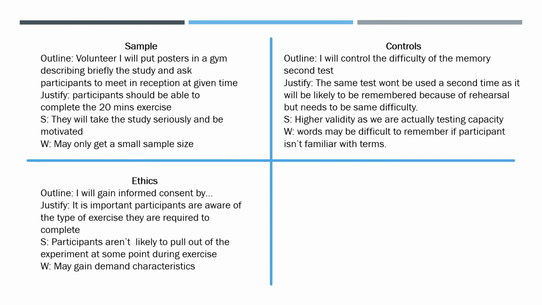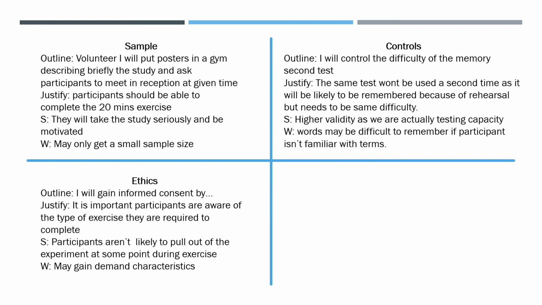Ethics, I've gone for I will gain informed consent by. So how are you going to do it? Now the question you've got to ask yourself is how much information you want to give them. Do you want to tell them they are testing whether it will be improved afterwards? You might gain demand characteristics. But you need to tell them what type of things they're going to do to get them to agree, especially